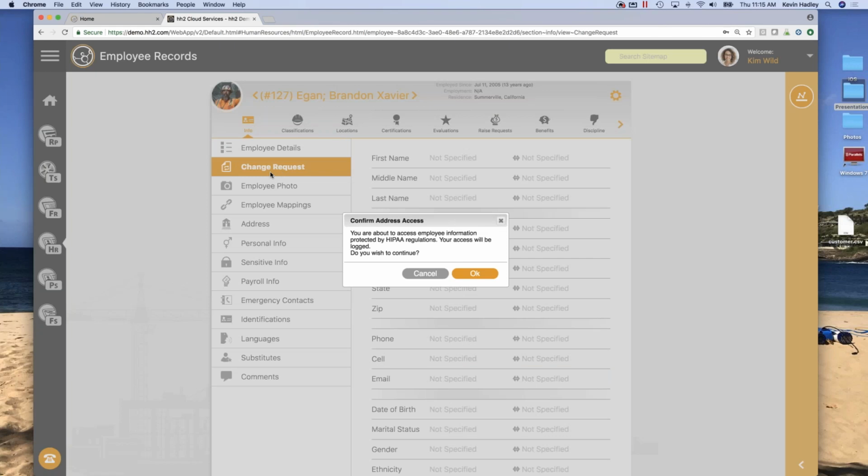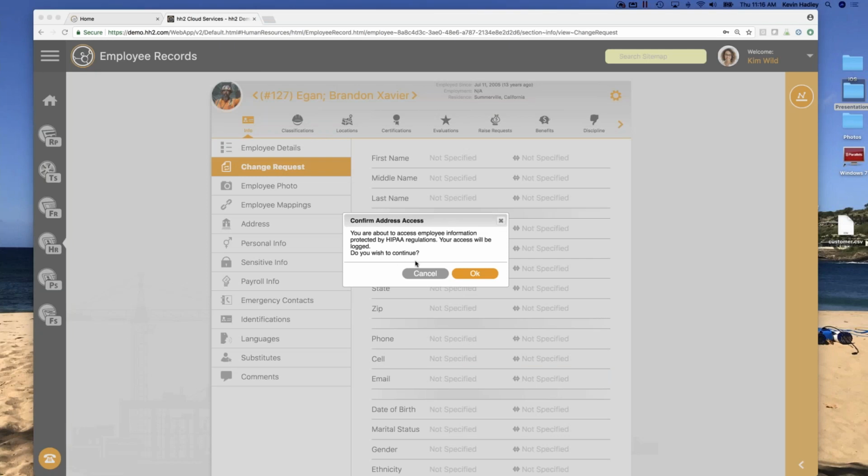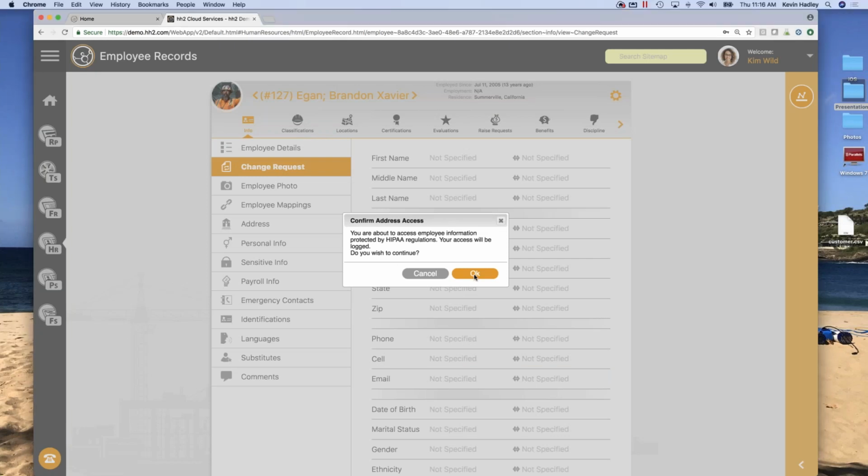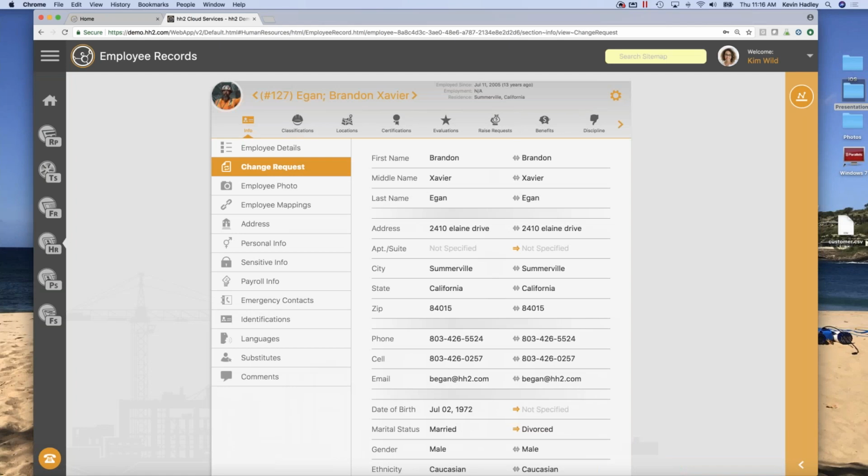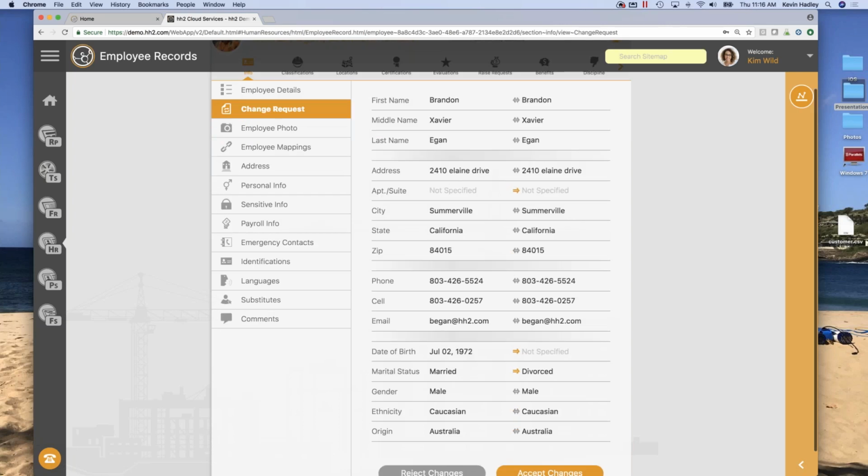You can also see that this was highlighted. So maybe this person, Kim, who I'm logged in as, received an email from hh2, and it was a change request that Brandon had sent in. She gets a change request because Brandon on his phone said, hey, you've got me down as married and I'm no longer married.